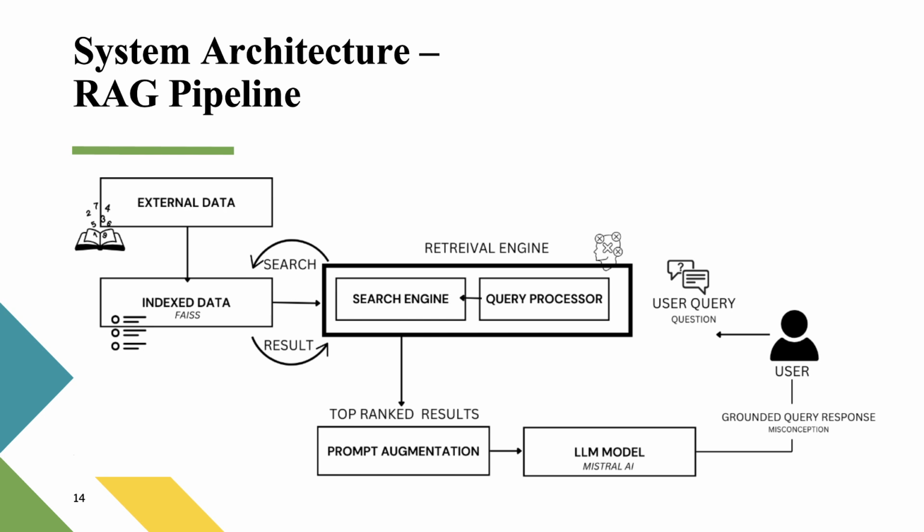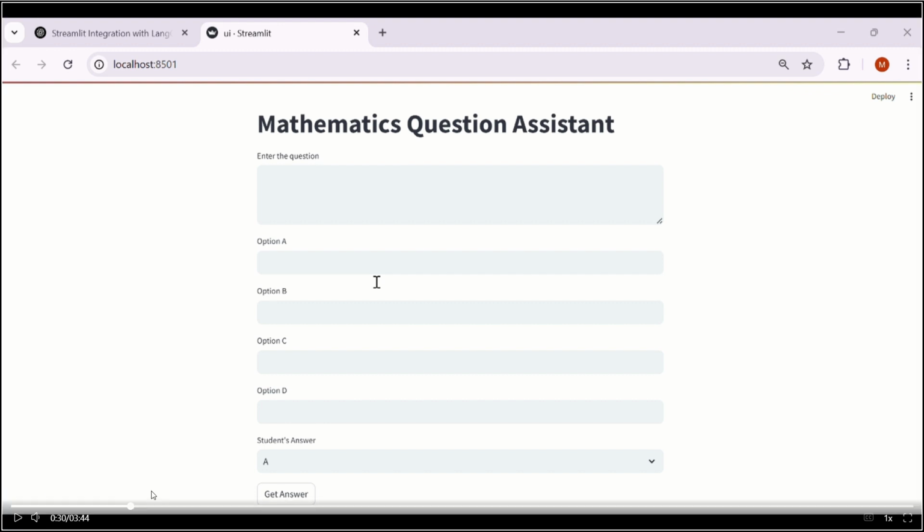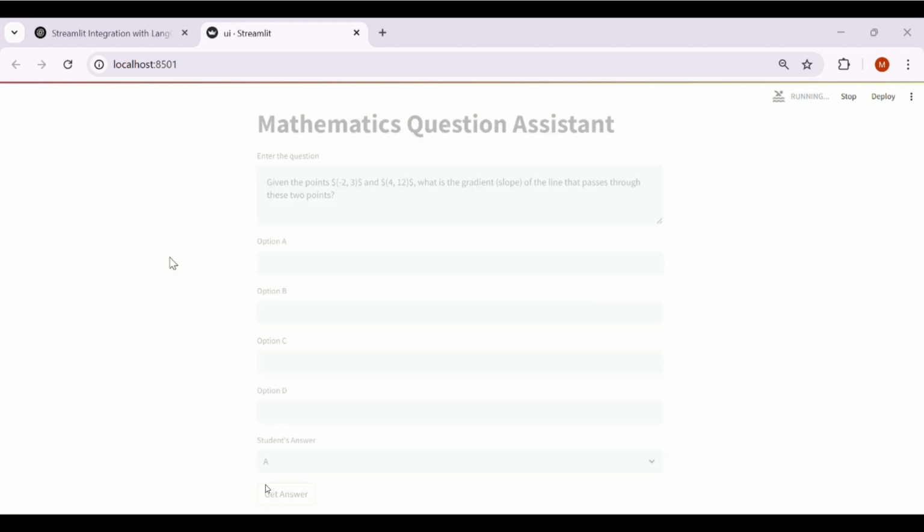We have built a web app for the RAG pipeline where teachers or students can paste the question and the system shows the correct answer, explanations for each wrong answer, and what misconception led to it, all based on real textbooks. So as you can see, the user can input a question, and the user can give four options, and there's an option where the student can select whatever answer,